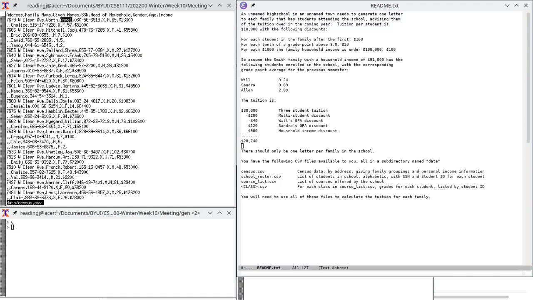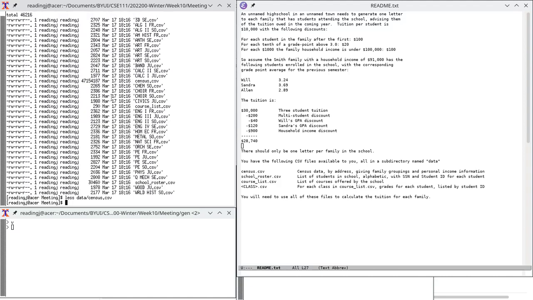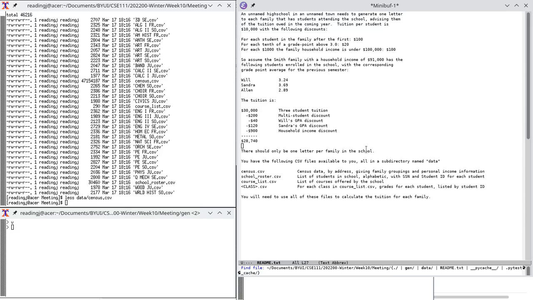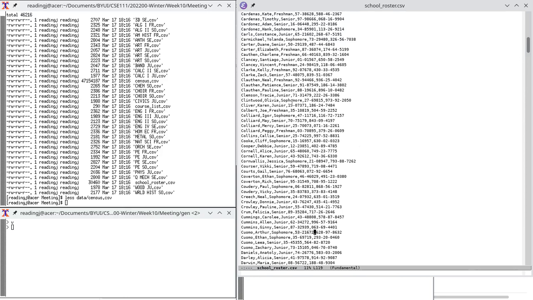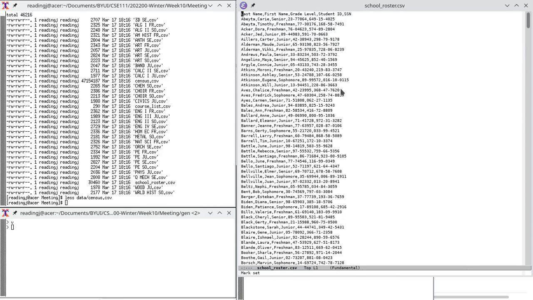How can we tell who in here is a student in this high school? Well, we can't. There is no indication here. So maybe we better look at the school roster. Actually, that one's small enough. I can just load it into the editor here. Okay, there we go, sorry. There's the header line. Last name, first name, grade level, student ID, social security number. So we've got the last name, first name, this person's a senior, student ID is that, social security number is